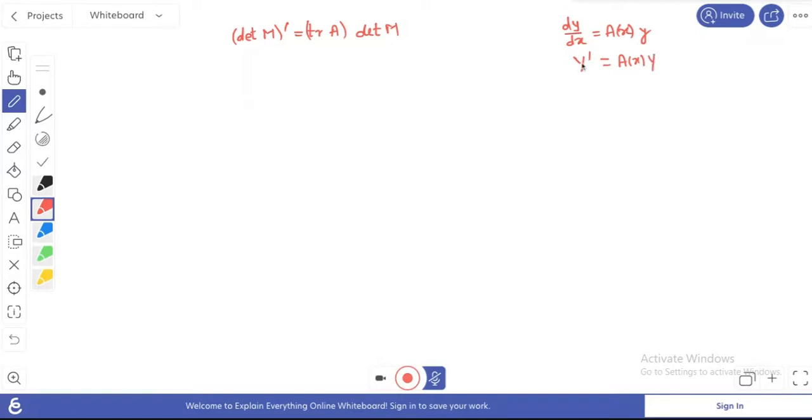Okay, and if M is the fundamental matrix, then this satisfies your matrix equation. Okay, so yesterday I think this is equation number one, this is equation number two, and this is equation number three. Okay, so today there are some remarks on the fundamental matrix, that is a solution